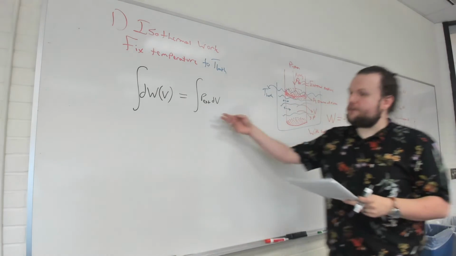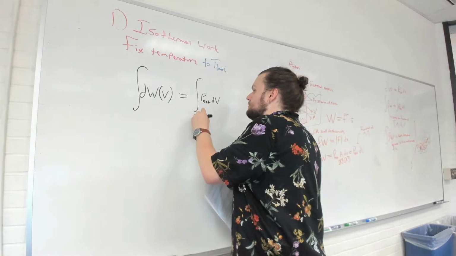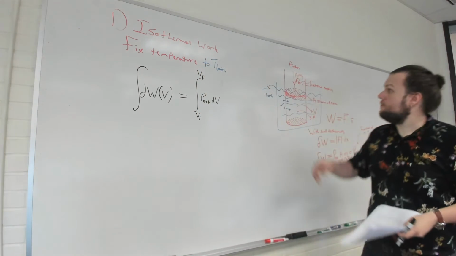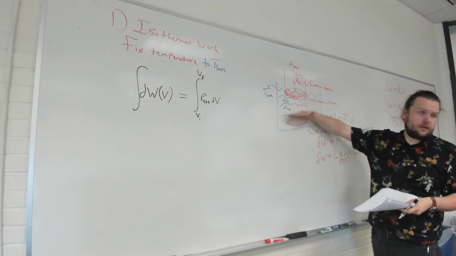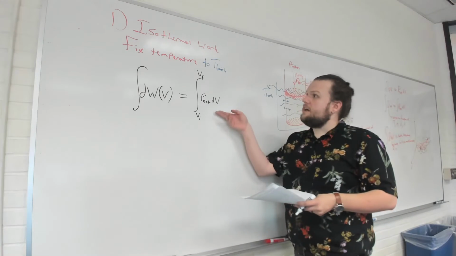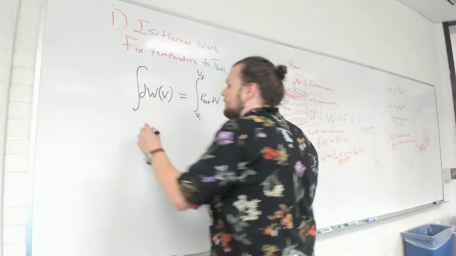All right, and we want to integrate from the initial volume to the final volume, Vi to Vf. So we're going to take it from the initial volume, we're going to compress it to the final volume. All right, we're going to hold the temperature constant. Since the temperature is constant,